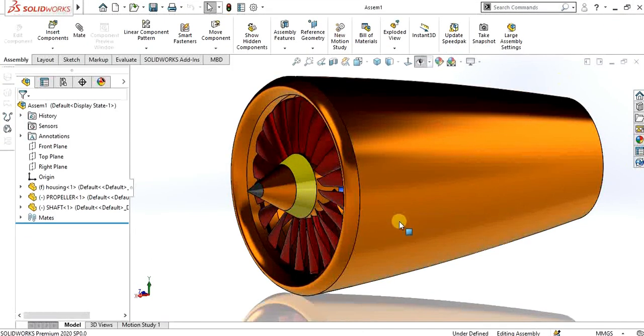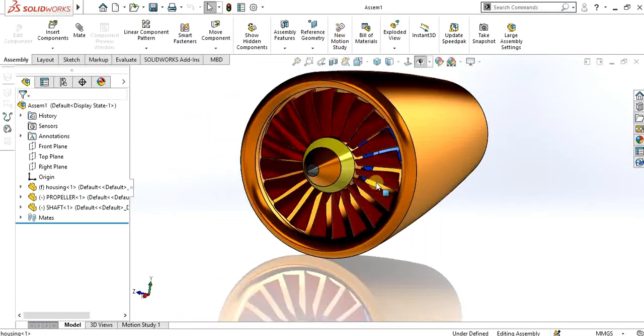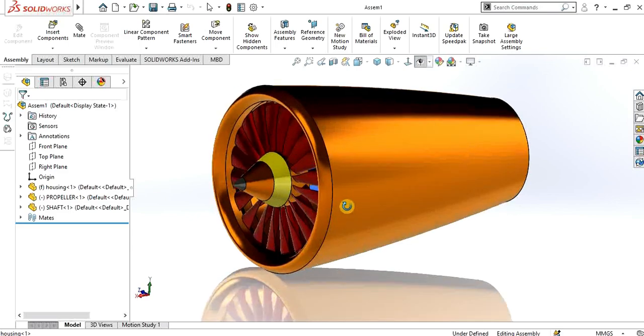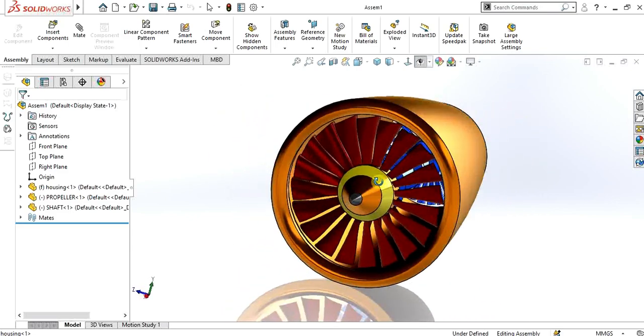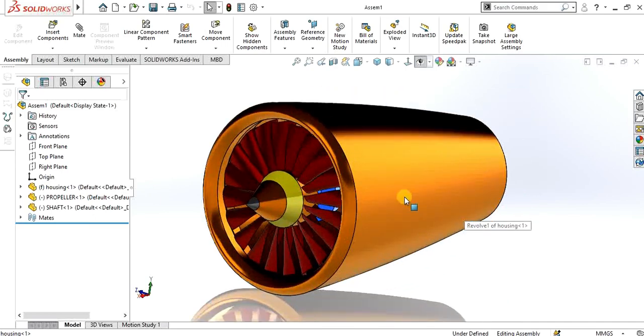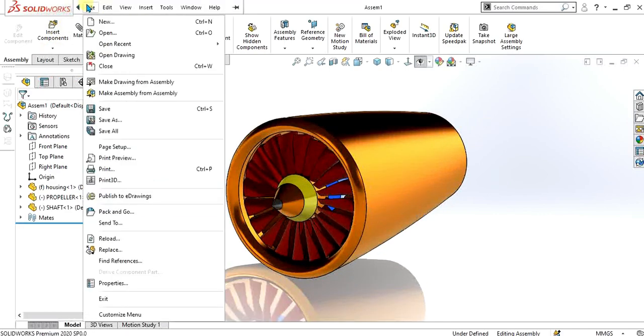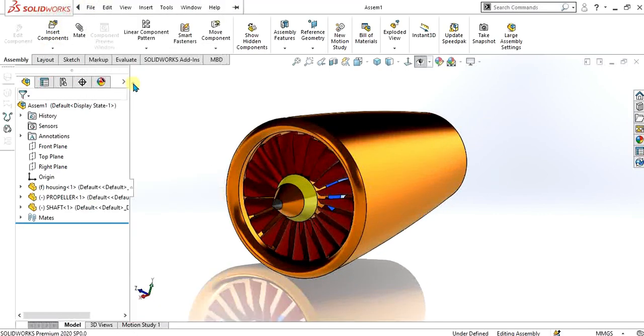In this tutorial we are going to make the broken out section and alternate position view of this jet engine turbine. This is the assembly model. We can make different drawings of the separate parts, but we are taking it as a sample to understand the drawing views. So first of all, we will go to make drawing from assembly